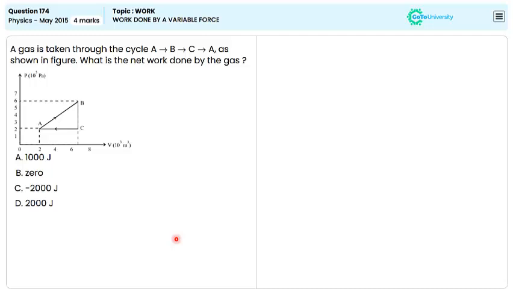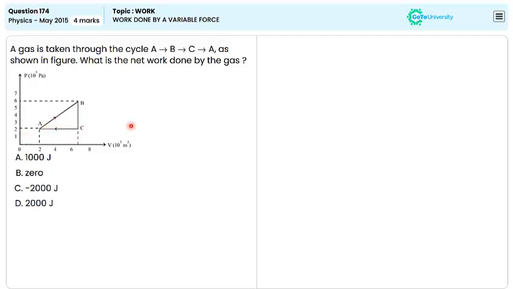A gas is taken through the cycle ABCA as shown in the figure. What is the net work done by the gas? To determine the net work done by the gas in cycle ABCA, we analyze the area enclosed by the cycle